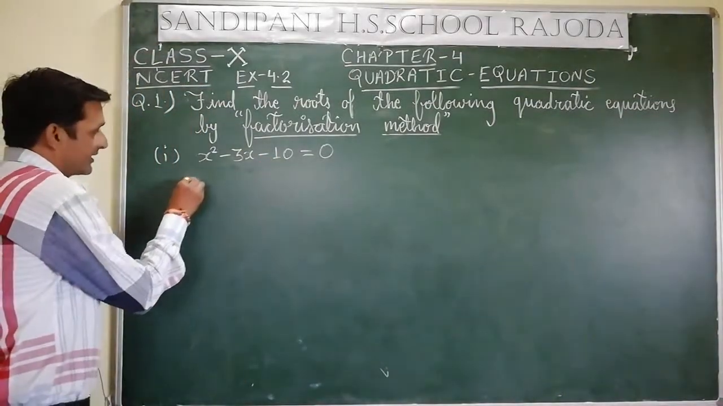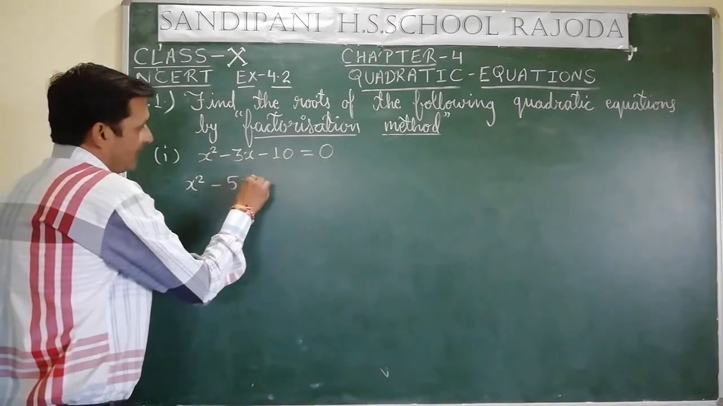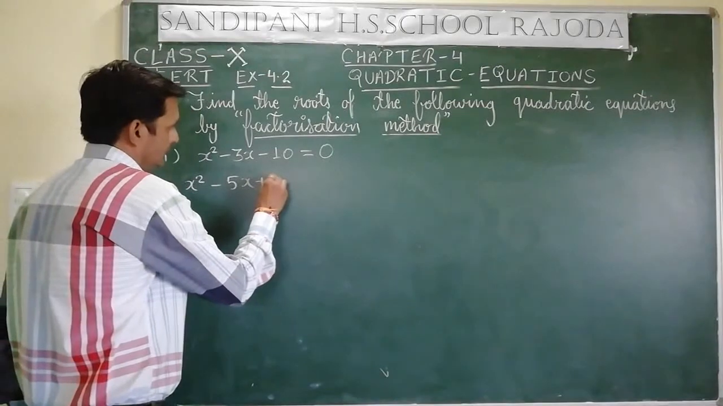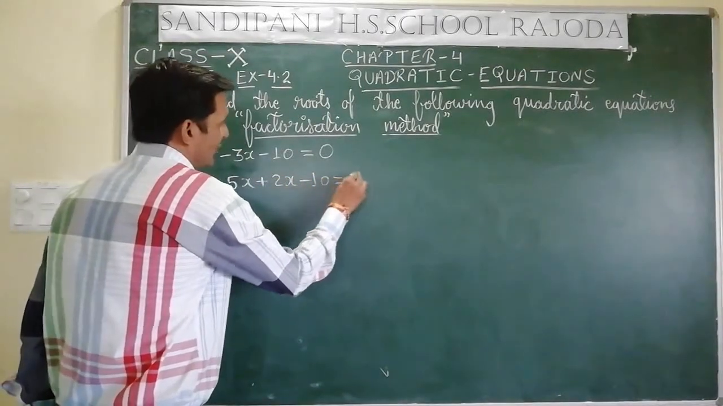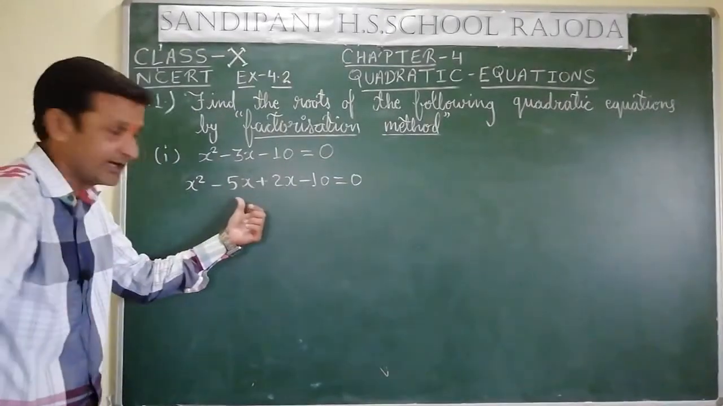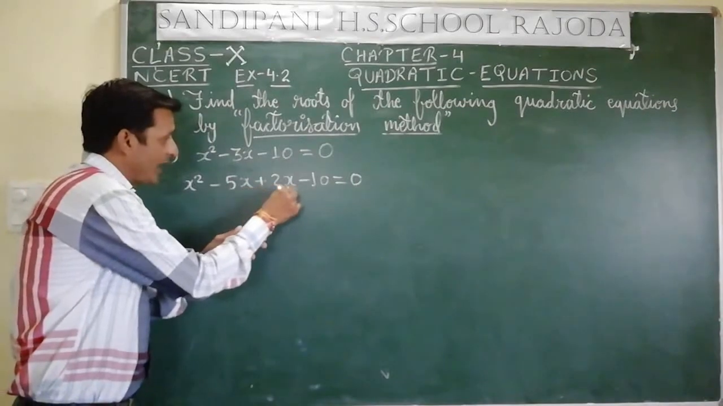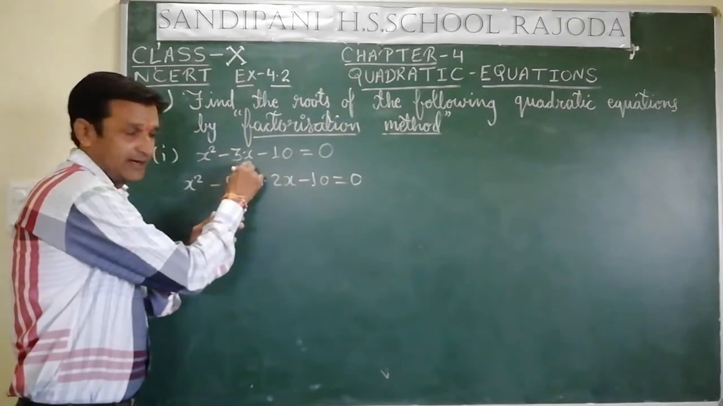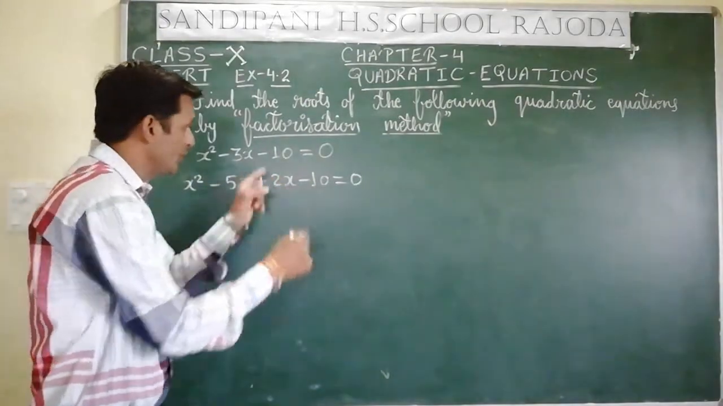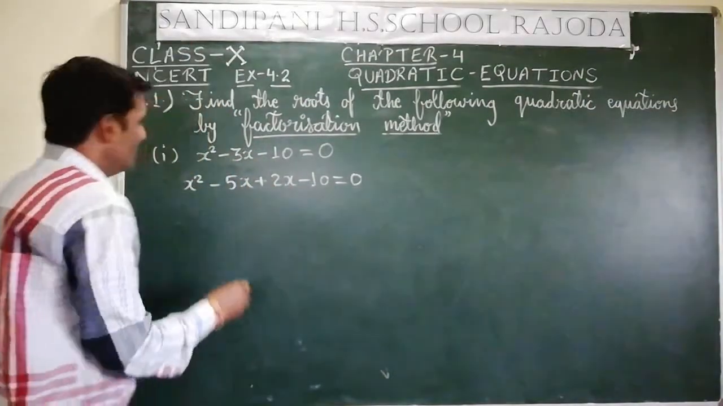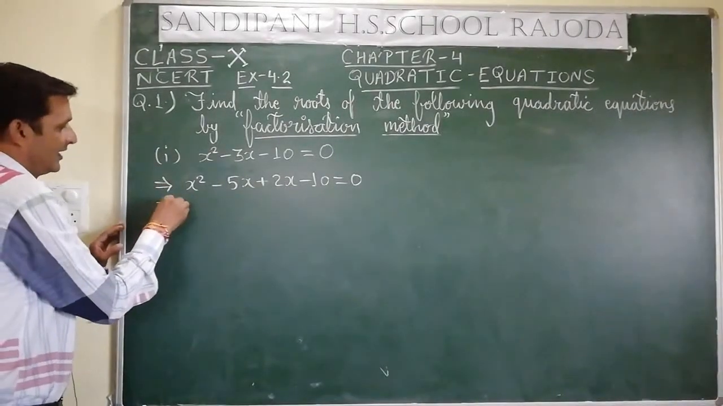So x square minus 5x plus 2x minus 10 is equal to 0. See here, it is very clear. Minus 5x plus 2x is equal to minus 3x, and if we multiply minus 5 by plus 2, it will be equal to minus 10. So this will become now,